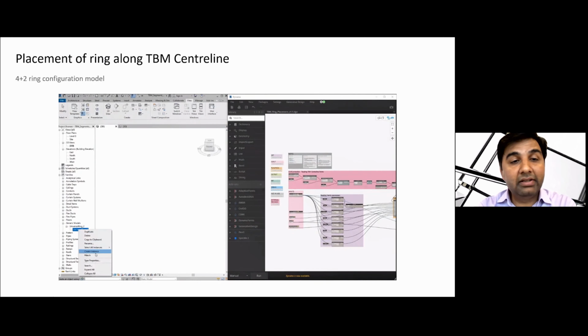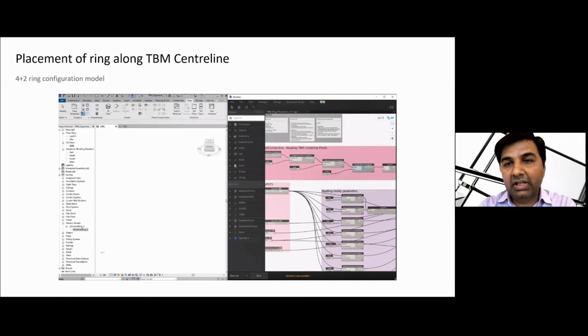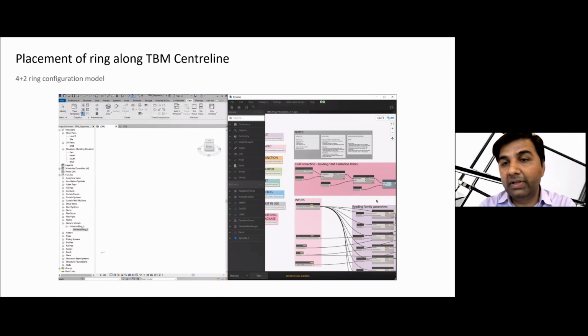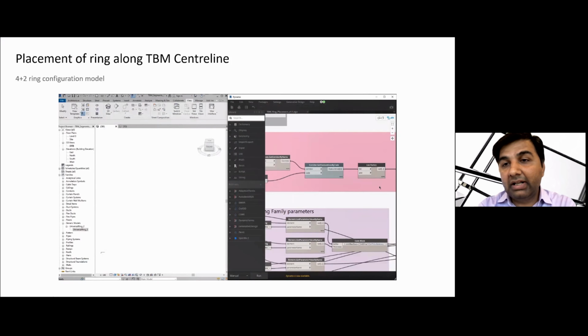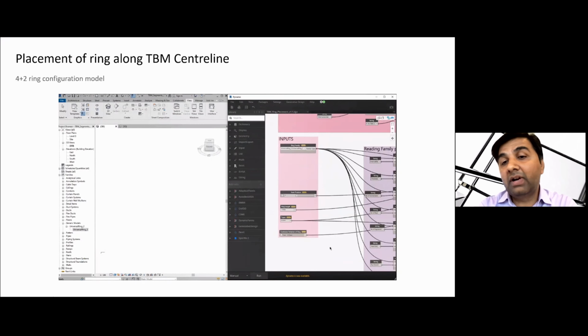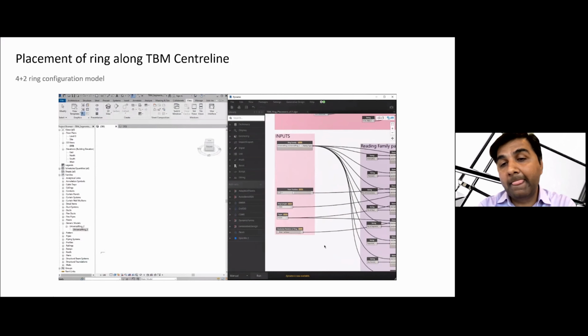We can change properties as needed in the project, such as the number of segments, the thickness, segment dowels and everything. And then let's run the script. In this script, we are reading information from Civil 3D. The Civil 3D file is already open in this system, with the correct corridor, which has a feature line, the TVM center line. We already provide input of a ring family, start position, our desired ring length, and the required taper we need.